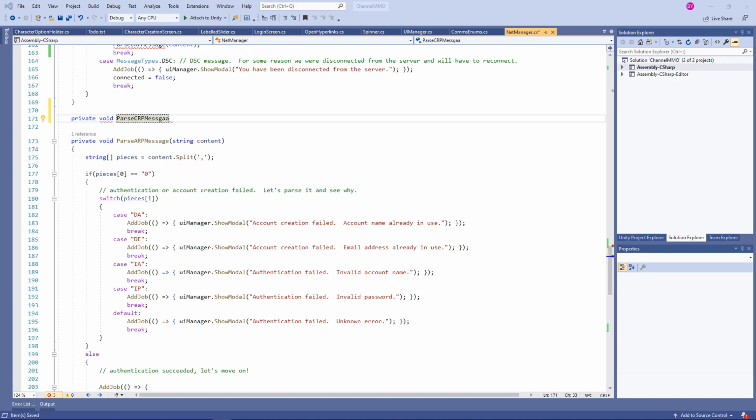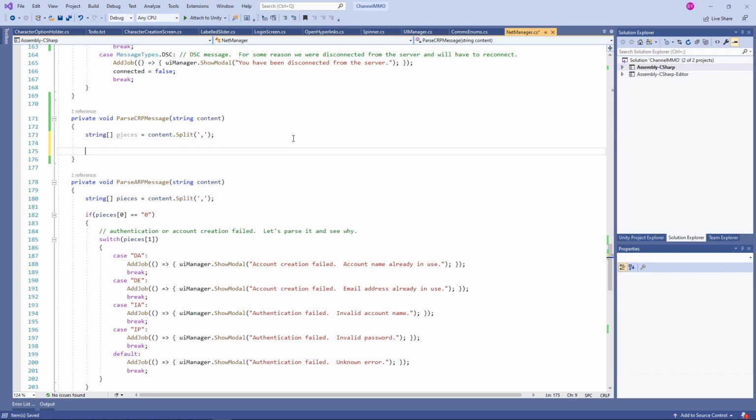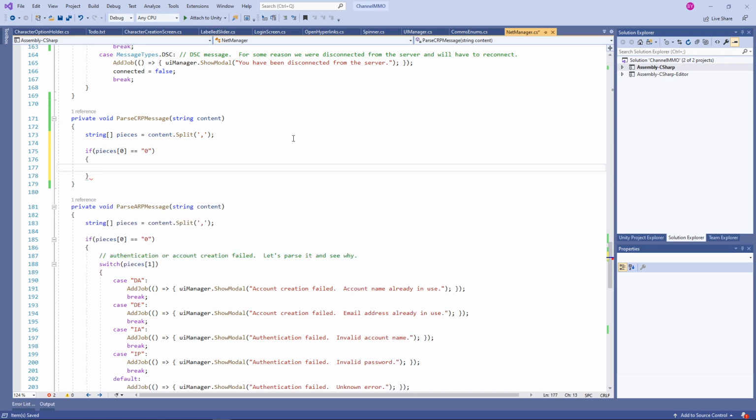Windows, can you stop? Apparently Windows can't stop. There. Now it can stop. Parse CRP message. We're going to need string content. So, we're going to do the same thing here. String pieces equals content.split on the commas. So, if pieces 0 equals 0, exactly the same thing,